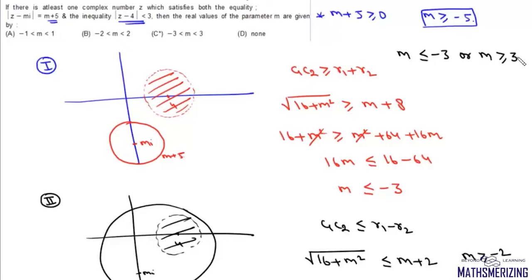So they'll have at least one point in common for all other points. So if we take all of the points in this domain, all the other points in the domain are when the value of m lies between -3 and +3. So the answer to this question is when the value of m lies between -3 and +3, and that's your option C. Now here the question is the real values of parameter a for which at least one complex number satisfies